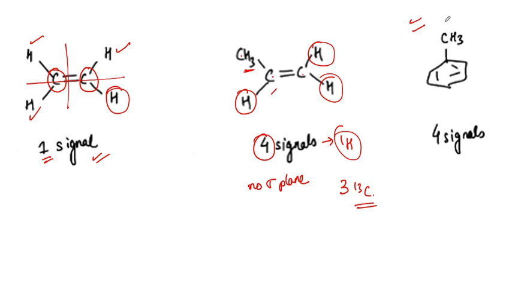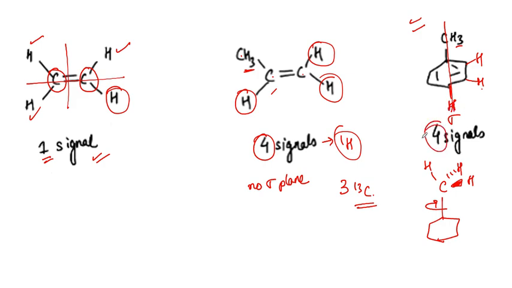It is going to be how many? Let's quickly find the sigma plane. There is a sigma plane bisecting the molecule. All of the methyl protons are the same, because if it is a bond like this, it can definitely undergo rotation. So all of these protons are the same. So we are going to have 1 proton, 2 proton, 3 proton and the 4th one. So 4 signals for the protons.